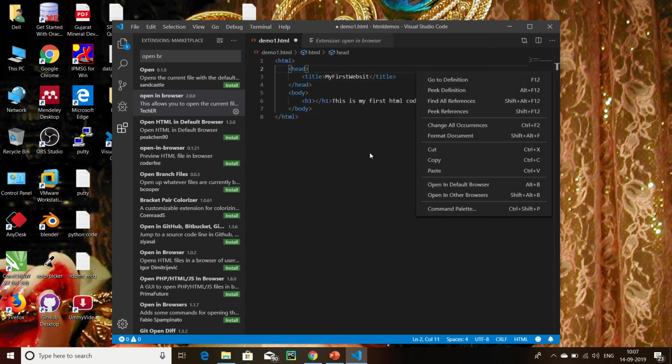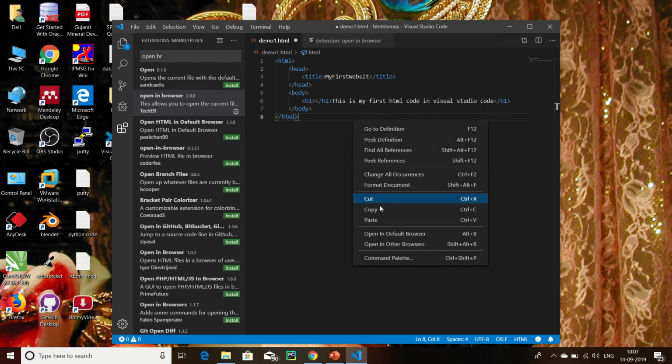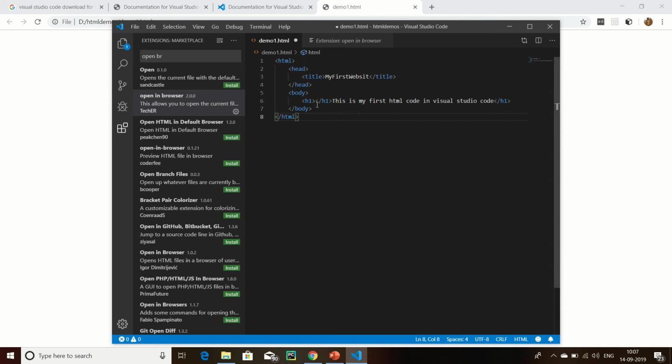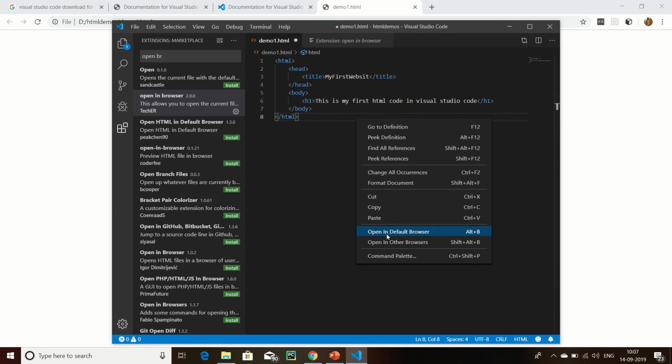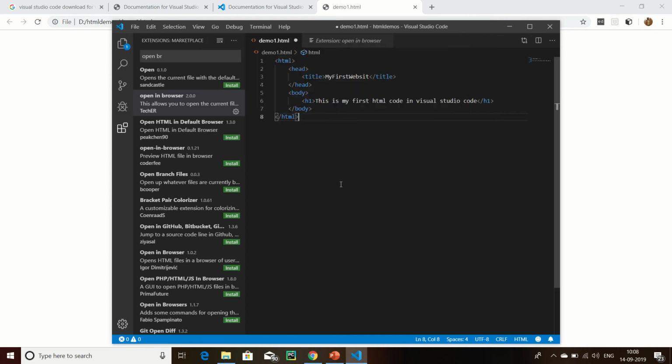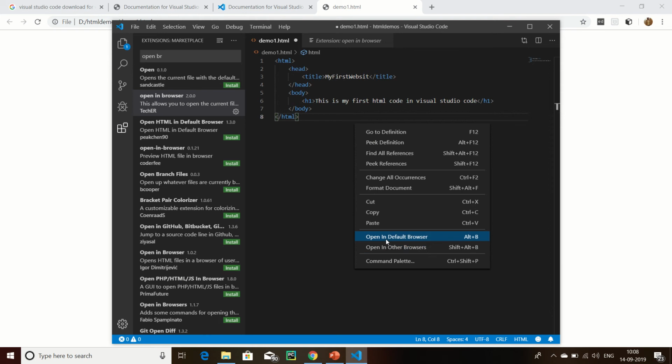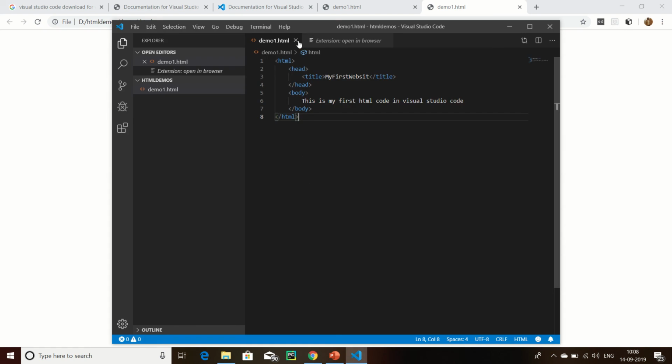Right here, whatever my default browser is set to, this code runs in that browser. Now click HTML demo, and click on it. Okay, my code is not displayed. I have not saved the content. I am not saving my content over here. H1. Okay,